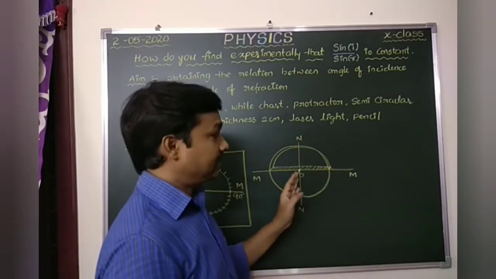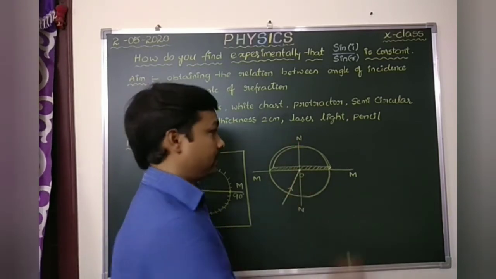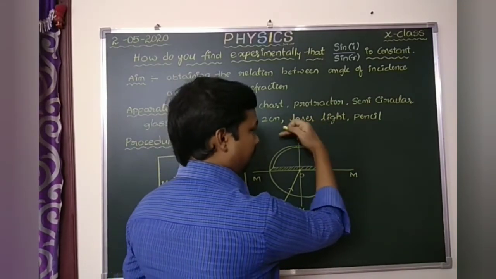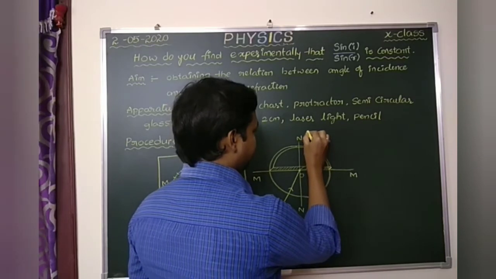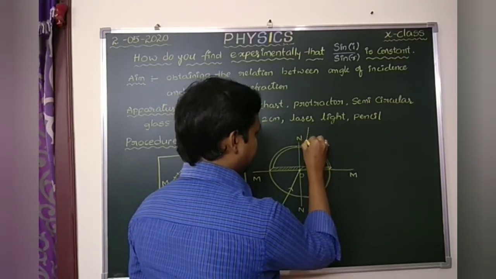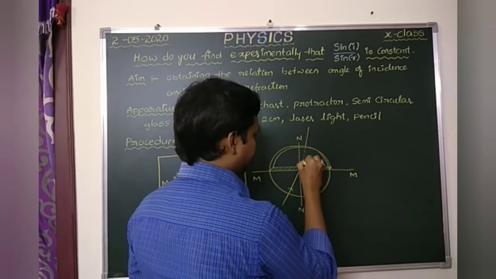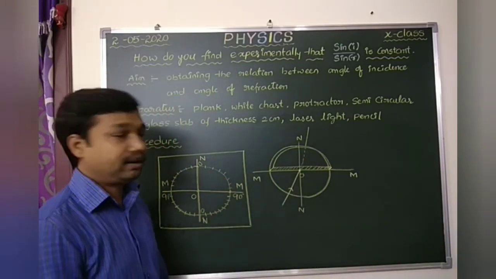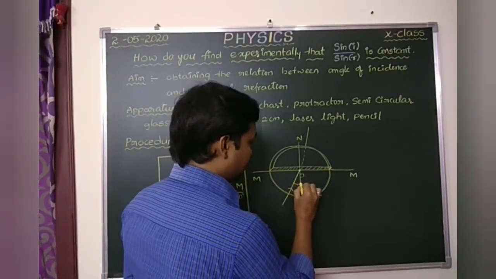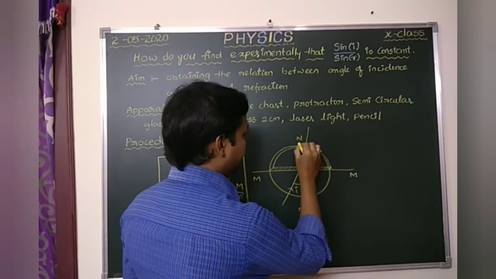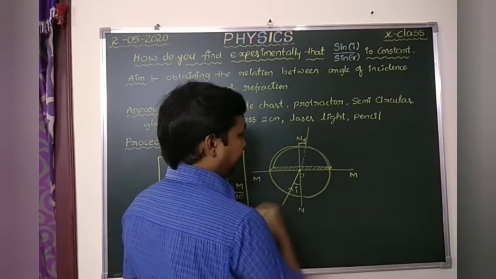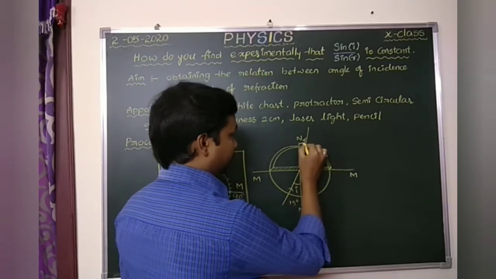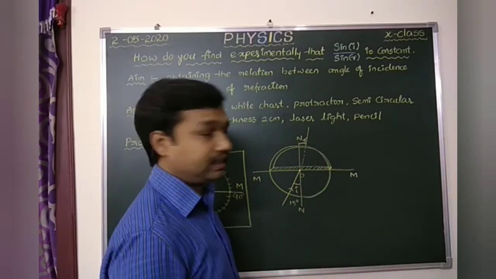We can find the laser light after passing through the glass slab. If you place a cardboard or some screen beside the glass slab, we can identify the light ray. It will be like this. Already we have a calibration here, so we get the angle of incidence, and this is the angle of refraction we can find on the calibration. Here we took 15 degrees; what angle are we getting? We need to note it in the table.